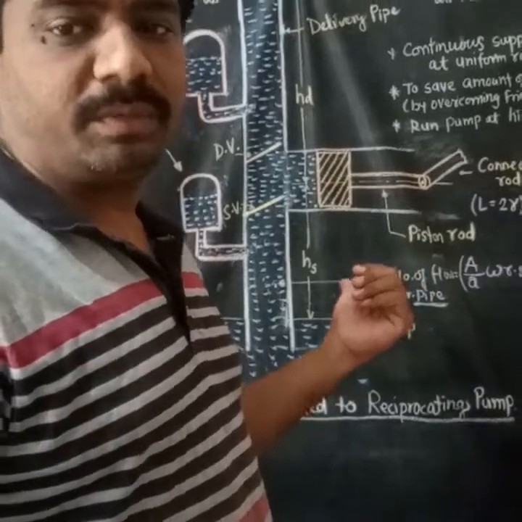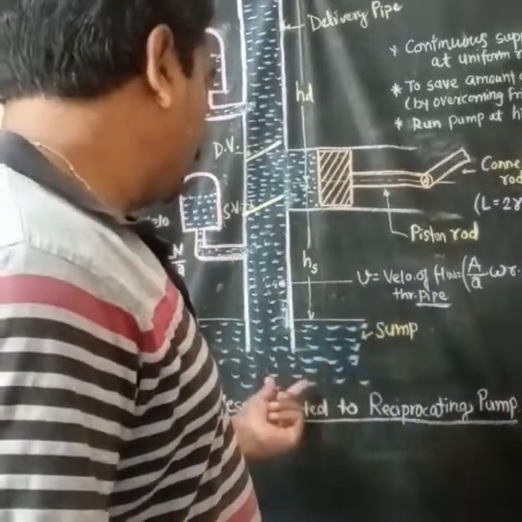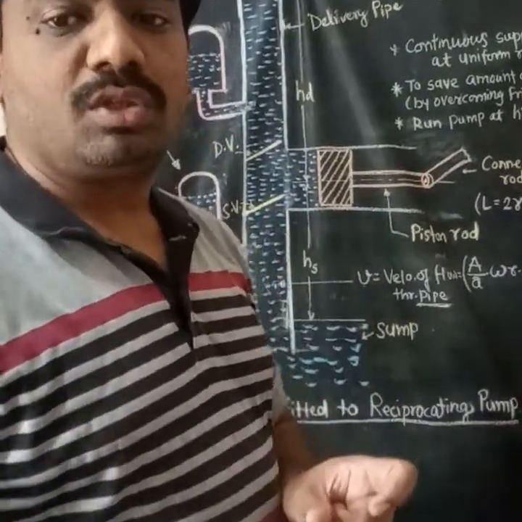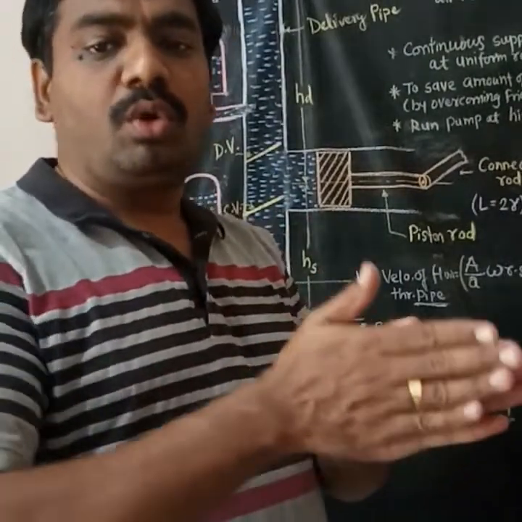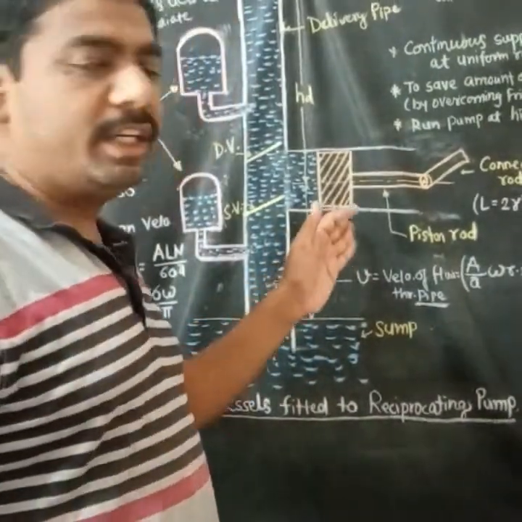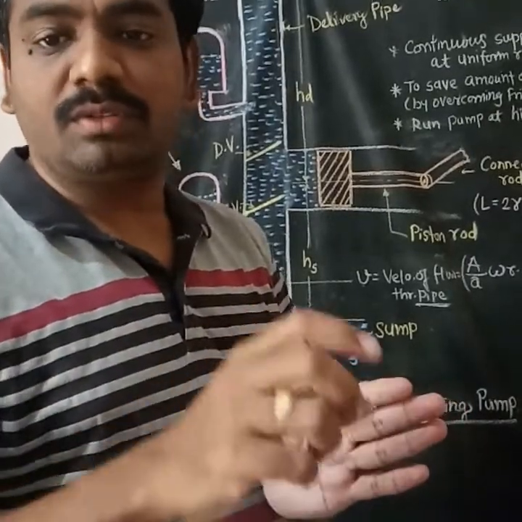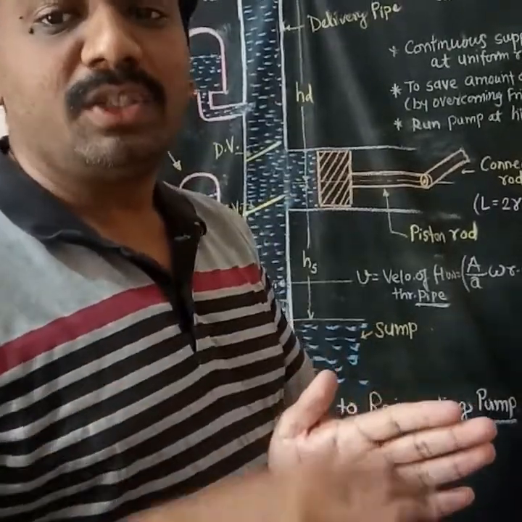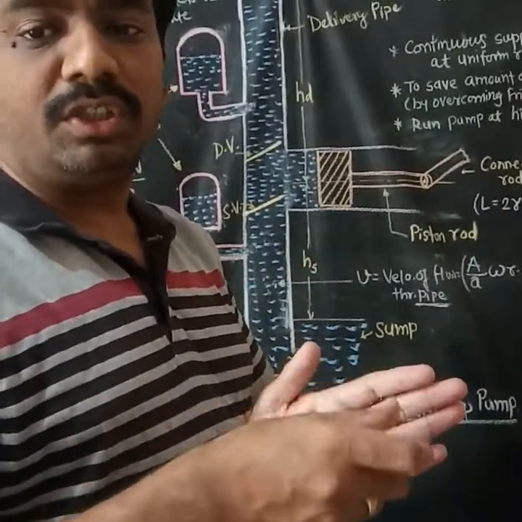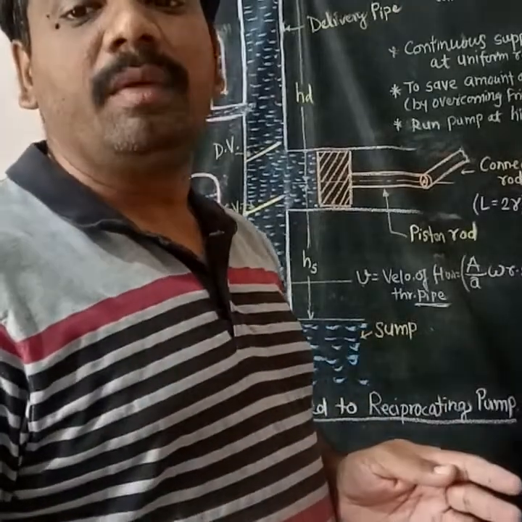So what happens whenever the suction stroke takes place from 0 to 90 degrees? This particular piston is going to be accelerated. And as you know, the value of HAS at theta equals 0 degrees will be high, so there will be more suction at the beginning of it.